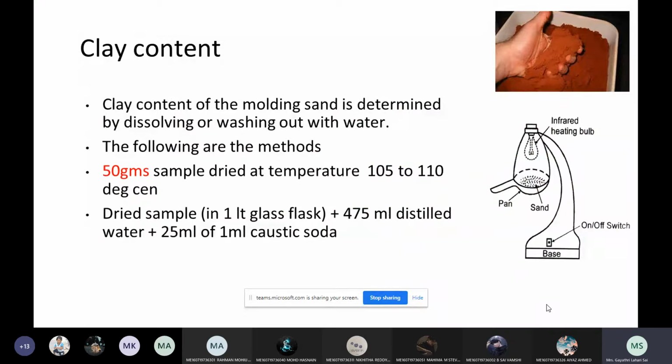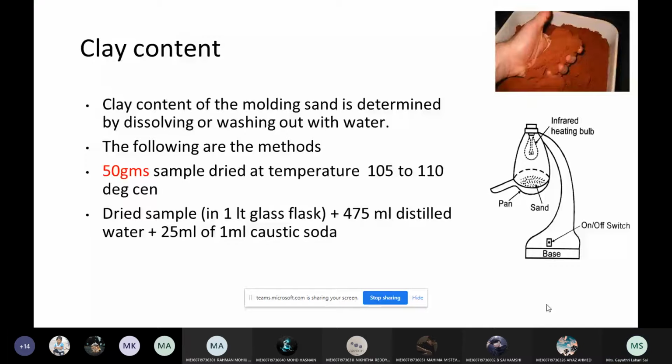Okay, and then the clay content is the same thing, where you wash the molding sand with water thoroughly, and because of the density, the molding sand will settle down and the clay will float up. That is a traditional method. Here you are using different chemicals, like caustic soda, and mixing it with distilled water continuously, rigorously. You are stirring it, and then you are removing the clay, and the dried sand that is left, you weigh before and after, into 2 times, you will get the